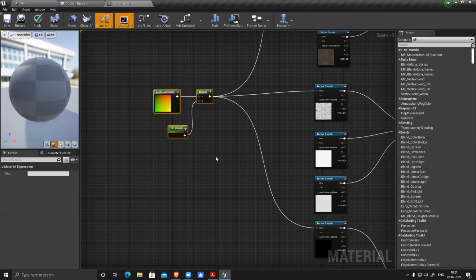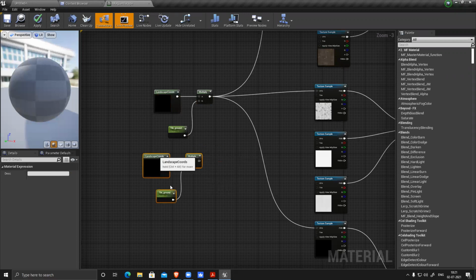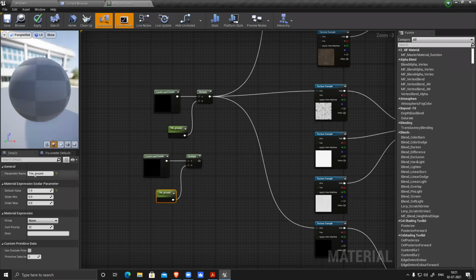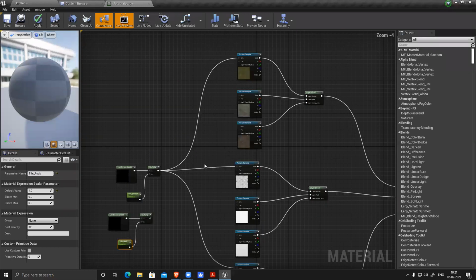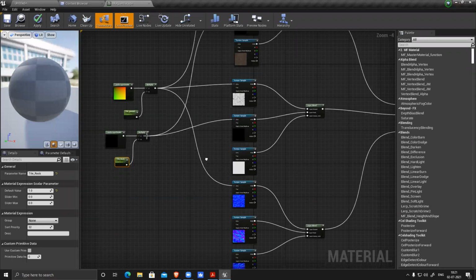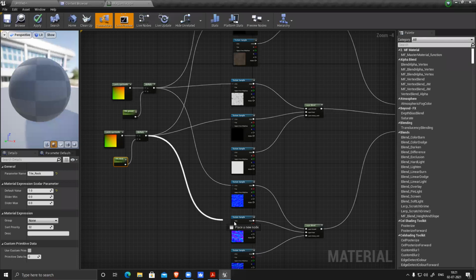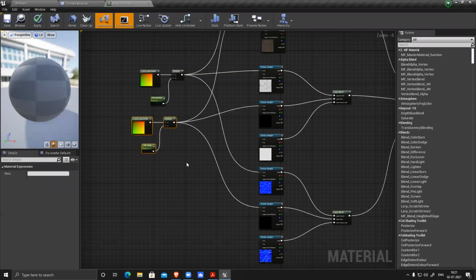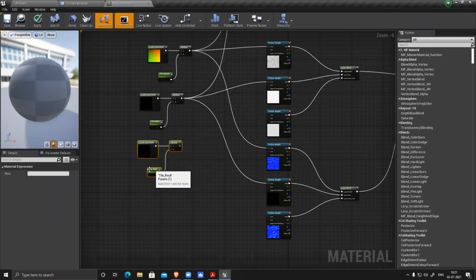Now select this, Control W, and change this name to rock. And this will connect to rock, rock, rock. Again, Control W, change the name.